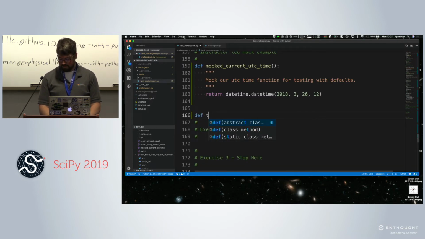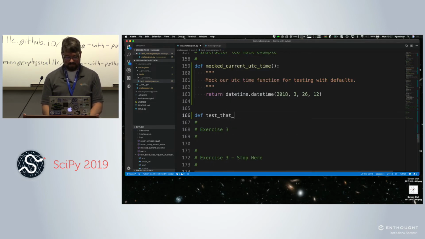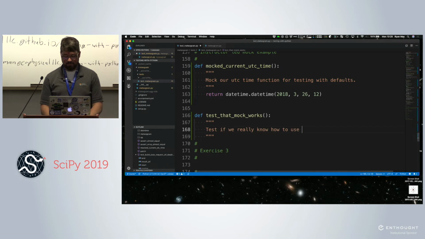So def test, this is just a normal test. Test that mock works. This is also a good way to say, do I know how to use the patch decorator? So this is going to test if we really know how to use a mock.